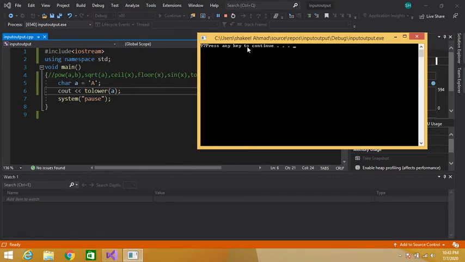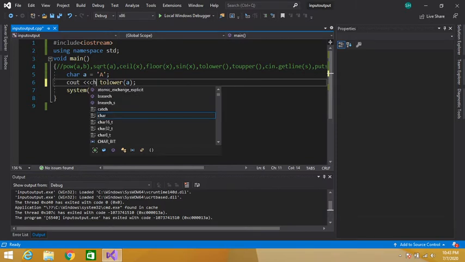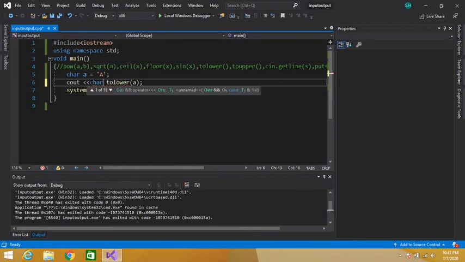We can typecast it to show the lowercase letter. So to show the small lowercase letter, we can typecast this to a character. tolower has shown us the ASCII value of small a.